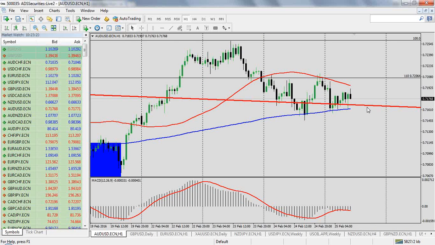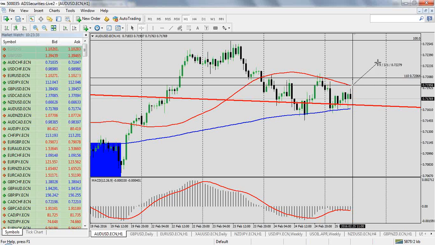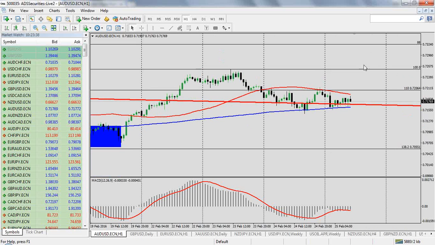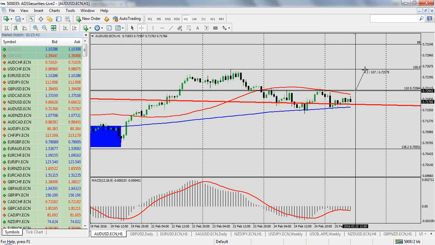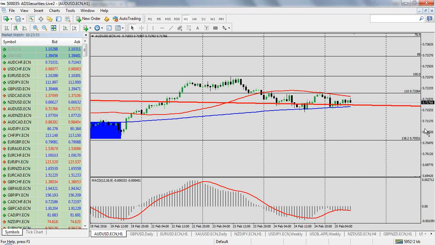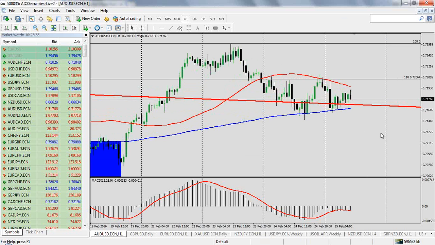So what can we do in order to take advantage of it? That's the golden question, I believe. The first thing that you could consider would be look for a break above the 50-hour moving average, and then you can look for long opportunities. And your targets should be initially to 100% Fibonacci retracement zone, and that's basically 0.7255 level. And next target should be 0.7320 level, and that should be good for you to exit this pair